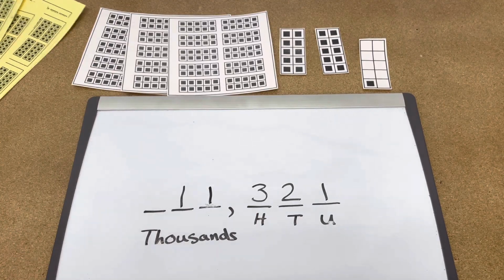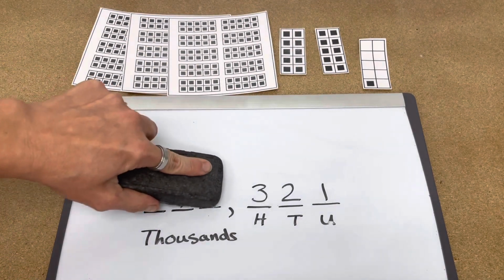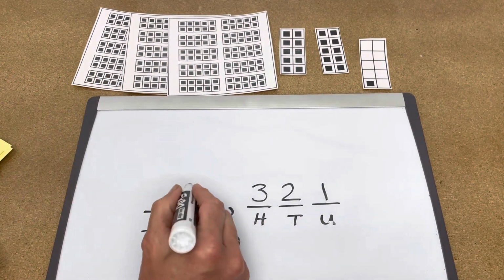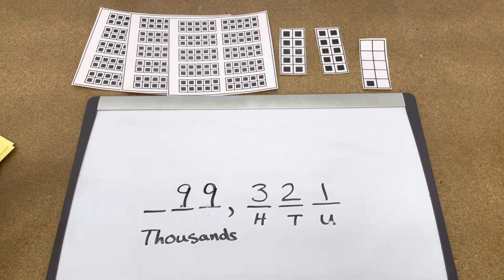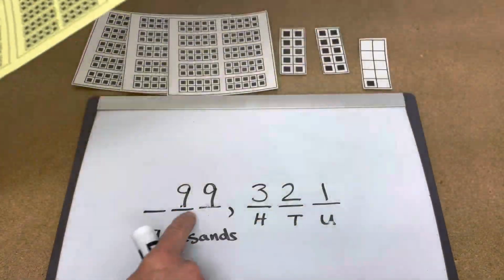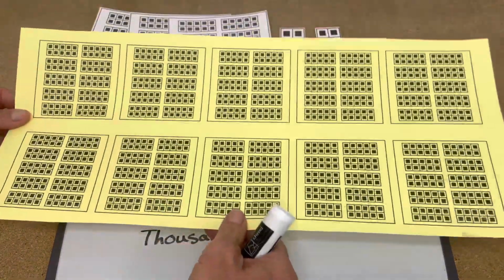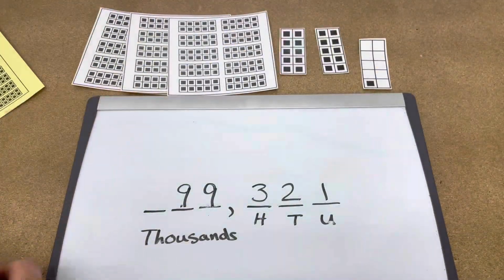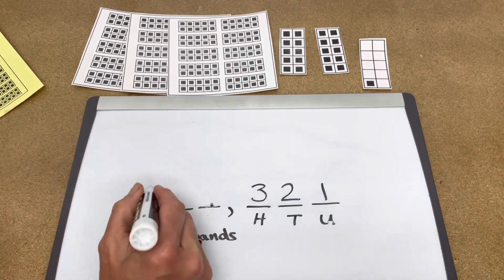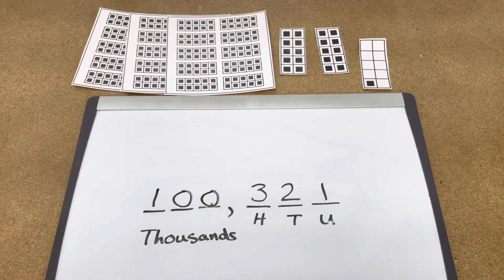So if we add more and more, 12, 13, 14, 15, all the way up to 99,000, we would still write the number like this, 99,321. And if we add one more 1,000, we know that 99 plus 1 is 100. So 99,000 plus one more 1,000 would be 100,321. And then we would keep on adding thousands,